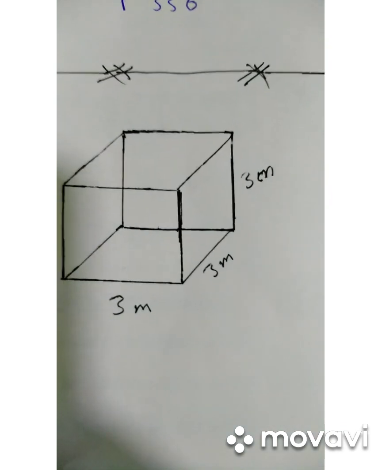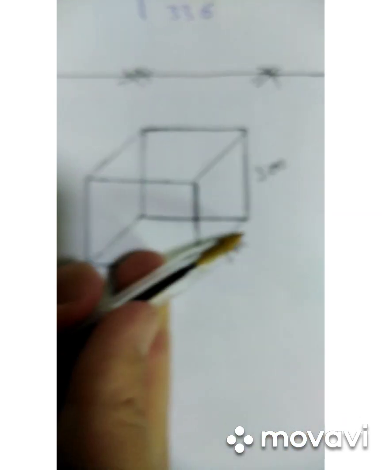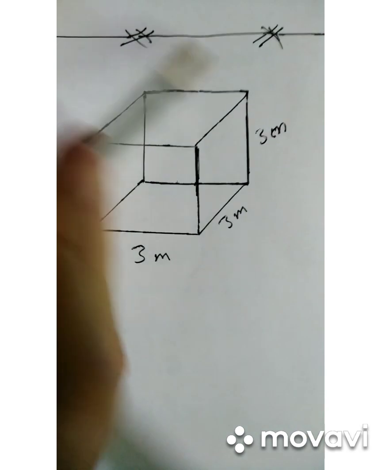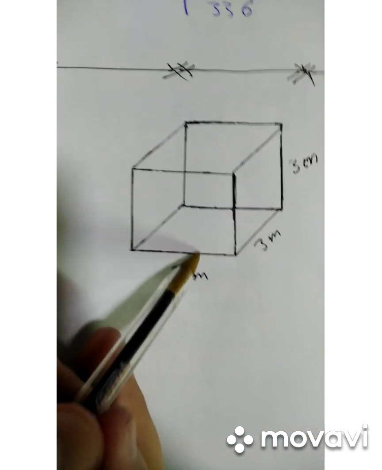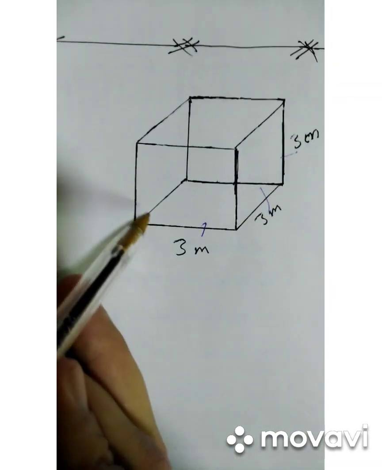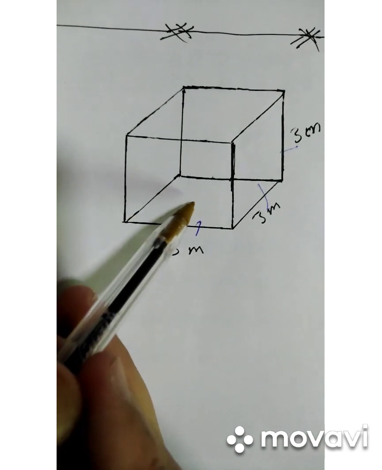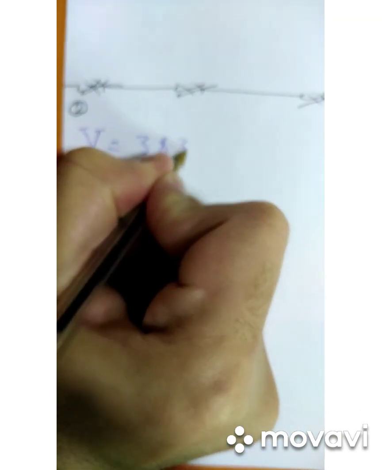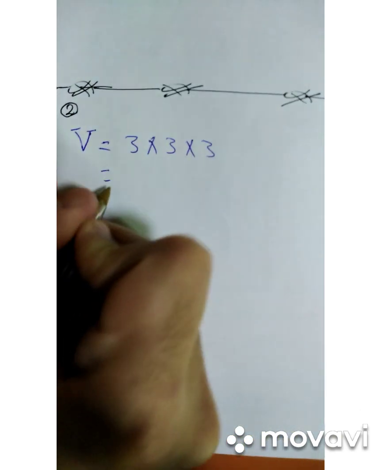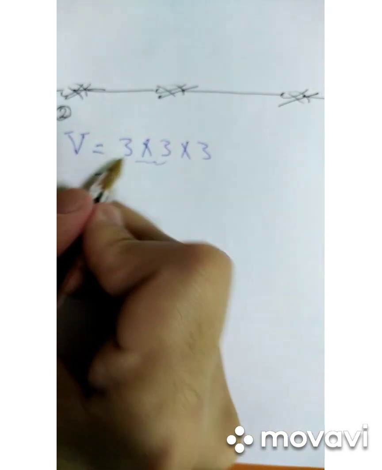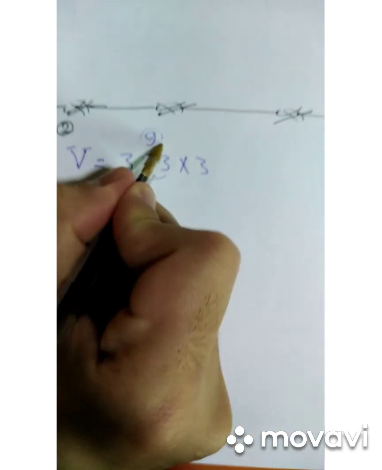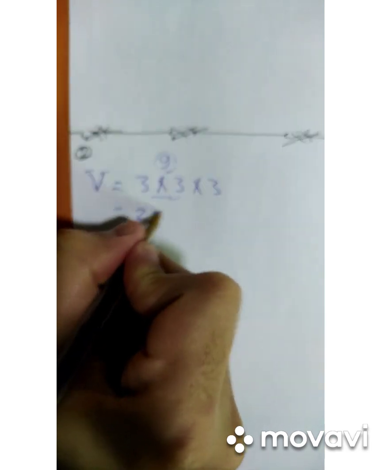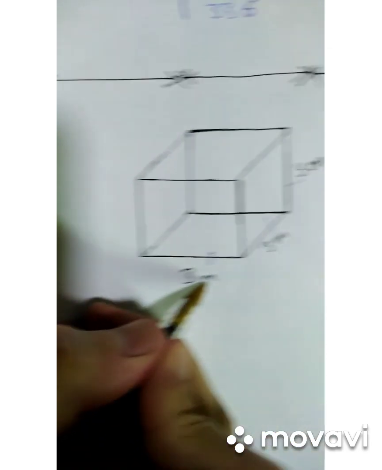The last example in the volume, we want to find the volume of this shape. It is a cube. All sides are equal in length. The formula of volume is length times width times height. It will be 3 times 3 times 3. 3 times 3 equals 9, and 9 times 3 equals 27. 27 what? Meters? No, cubic